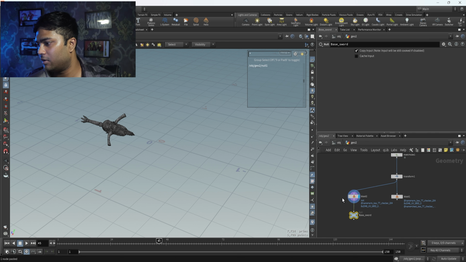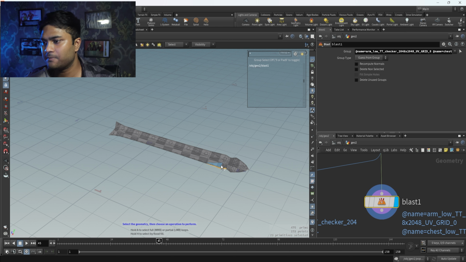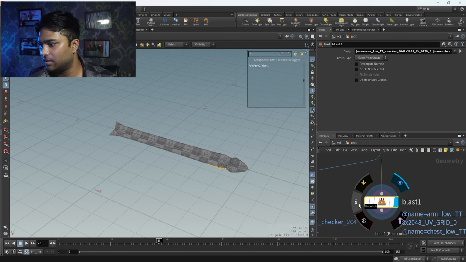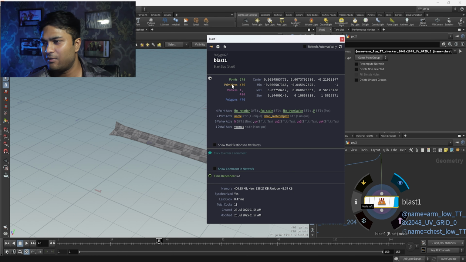After that, just make some room here, and then we will go to our blade area. As you can see, when we go to the node info area, we have unwanted primitives, unwanted polygons, and unwanted vertex attributes here. We have to delete those because we don't want this much data stored in our blade area, because it will get heavy at the end. So to avoid making it heavy on our PC, we will remove our unwanted polygons, primitives, attributes, everything from here.